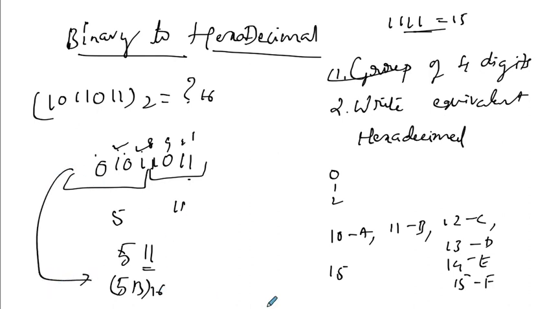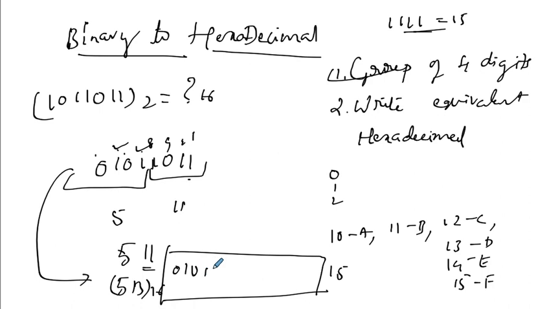5B is the hexadecimal number for the equivalent binary number. Okay, I write that result over here once again in this box. You observe that 0 1 0 1 1 0 1 1 is equal to 5B in the hexadecimal number system. This is a binary number. I hope this is clear to you how to convert from binary to hexadecimal. The same procedure: group of 4 digits, write the equivalent hexadecimal number. I have written the shortcut trick.